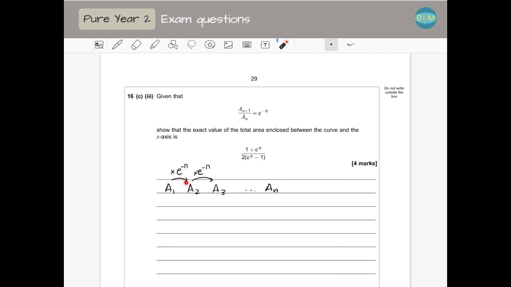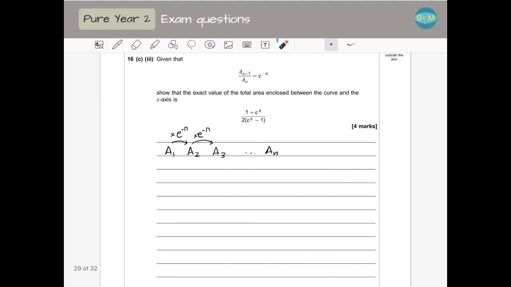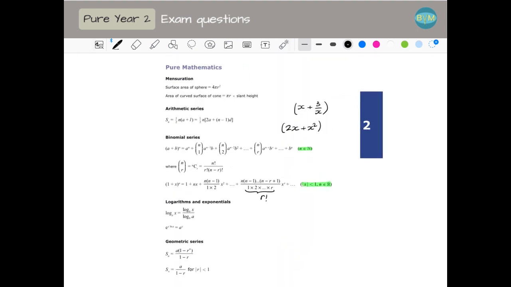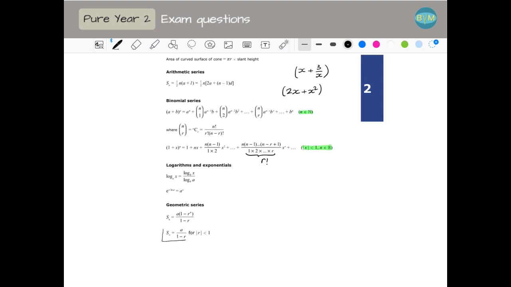That's the common ratio. If I want to add all the values, what I'm going to do is the sum to infinity of my series, so of my areas. And remember, this is going to be a, so the first term divided by 1 minus r. And this is in your formula booklets. So for example, in the Excel one, I don't have here the AQA, but you will have it. So this is the formula